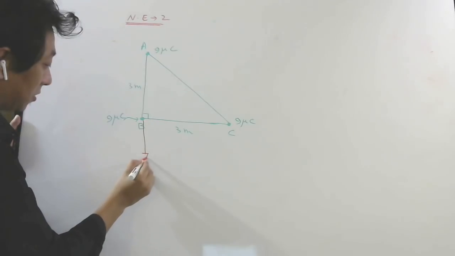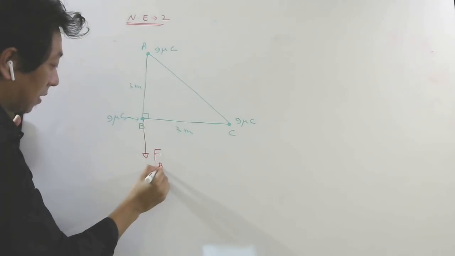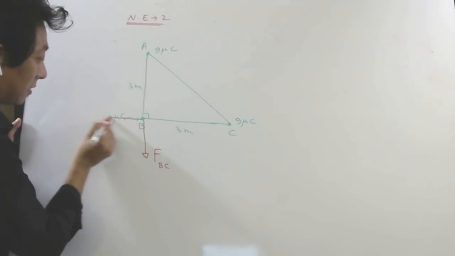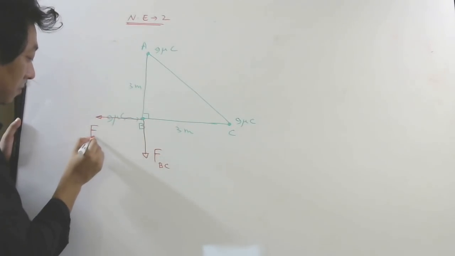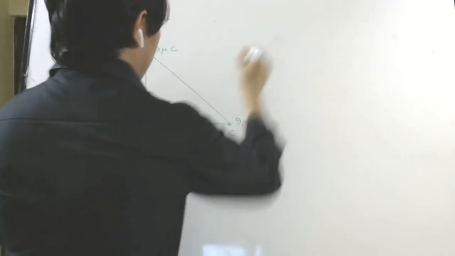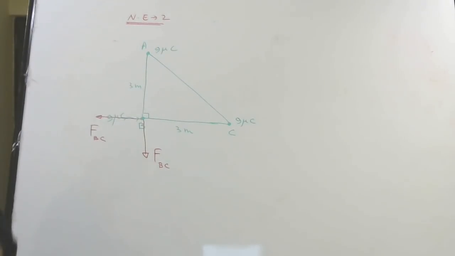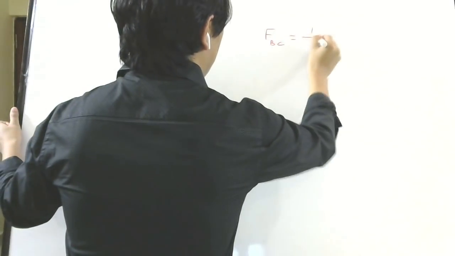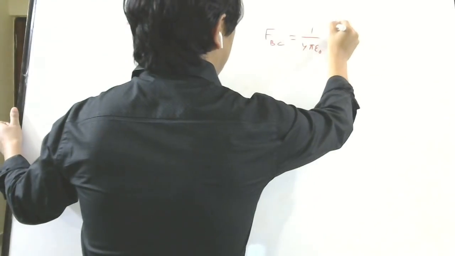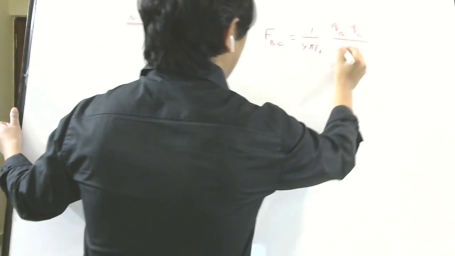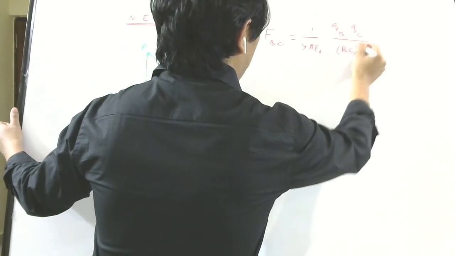So this is force on B by C. Then this will be repelled by this also along this line. Okay, so let us calculate the magnitude now. So this will be, let me use red color, okay? Clarity will be nice, right? So FBC will be 1 by 4 pi epsilon naught, charge at B, charge at C divided by distance between B and C, I can write BC square.